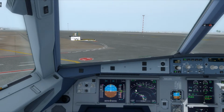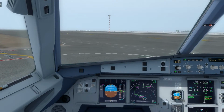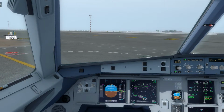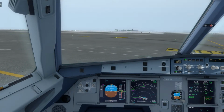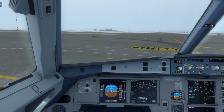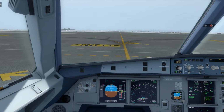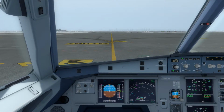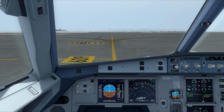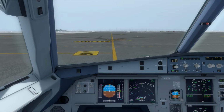So we are pushing back. Engine 1 is starting right now. And I was just looking at the charts, where should I taxi to holding point 35 left, and I'm hoping that it's going to be Tango and the Whiskey to holding point Whiskey Bravo, I think. So yeah, or maybe that's not the policy here to taxi, or I missed it actually. It's going to be, I think, Kilo, maybe not. We'll see. So when our pushback is nearly finished,